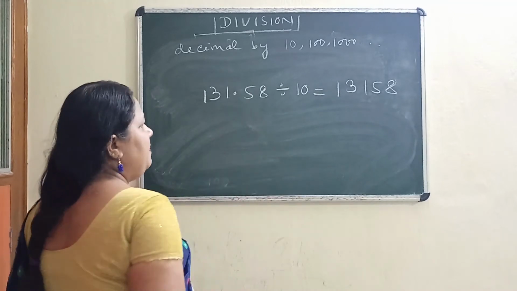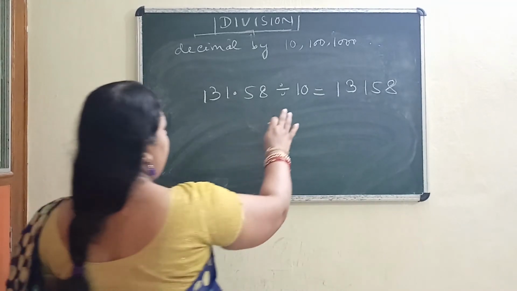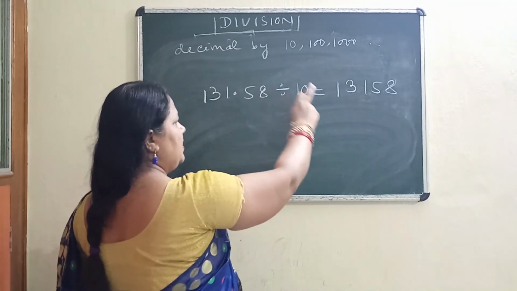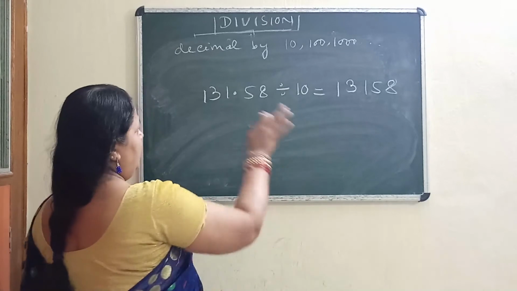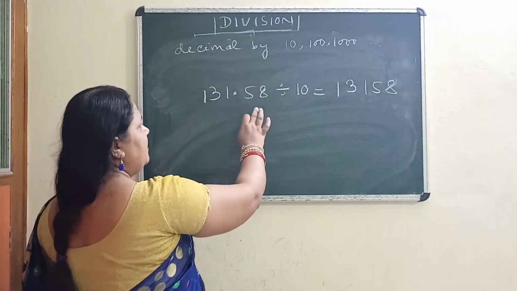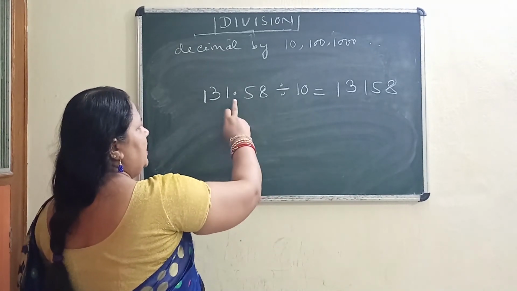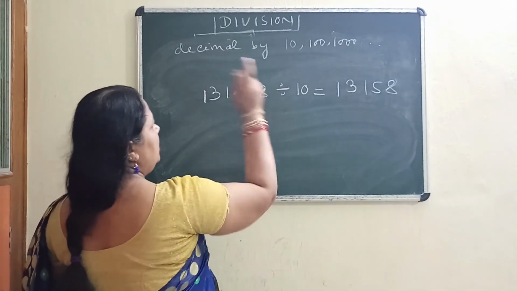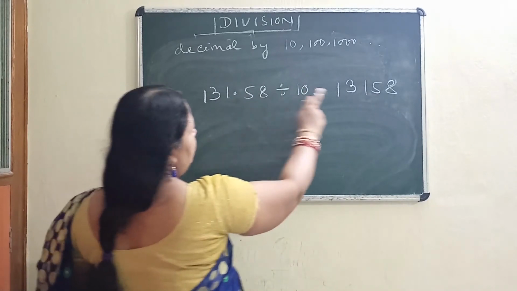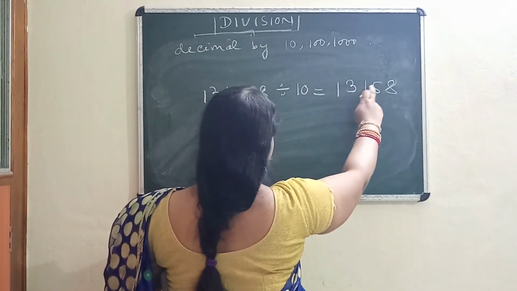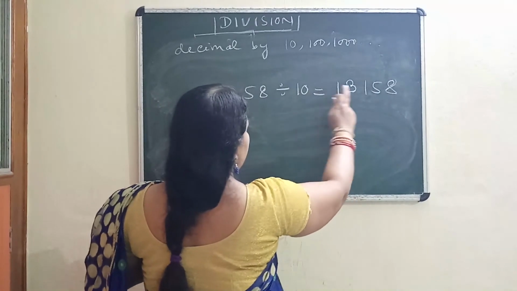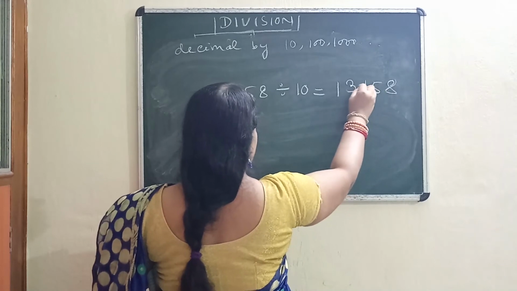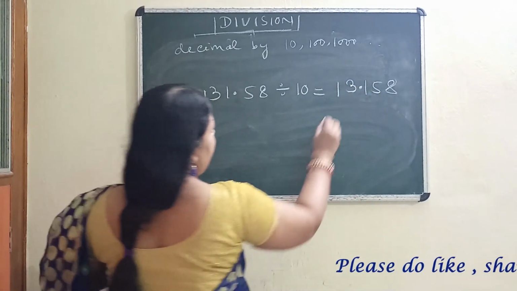So in case of multiplication, I am reminding you, suppose you are multiplying by 10, we are shifting the decimal place towards right according to the number of zeros. But here it is just reverse. In case of division, suppose you are dividing by 10, this decimal place will shift towards left according to the number of zeros. So previously it was here only, 131.58, but after dividing it will shift towards left. How many places? 1 place means it will shift to here only. So answer is coming